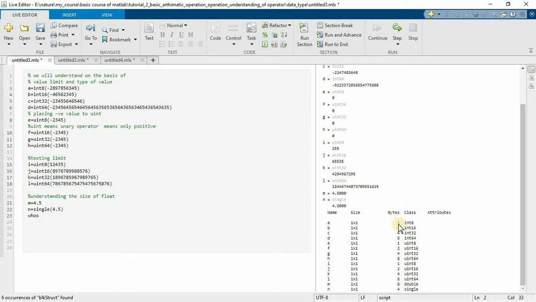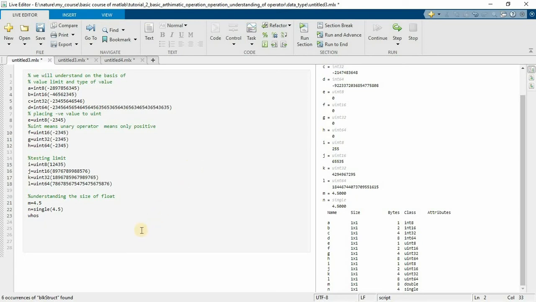Similarly for uint it also consumes 1, 2, 4, 8 bytes. Now look at the bottom, M and N. M consumes 8 bytes and N 4 bytes, while we are storing the same number. So this is a clear understanding.